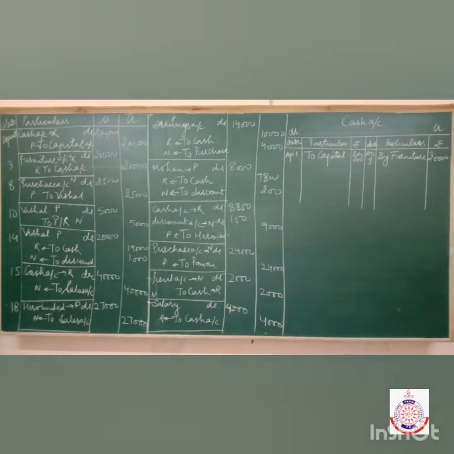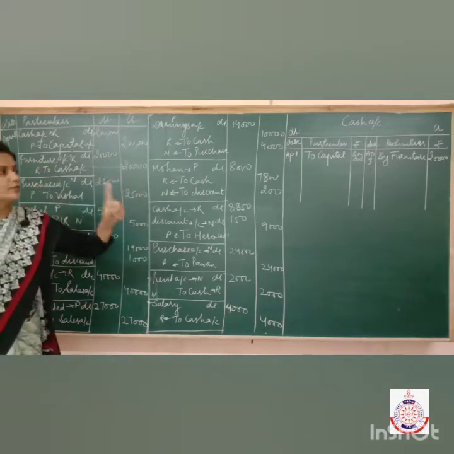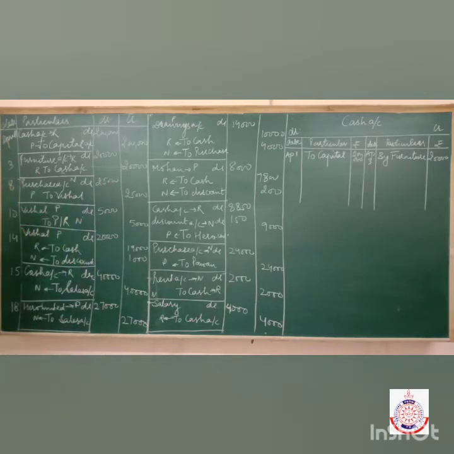Have a look at the next transaction, students. Next is purchase account debited to Vishal. Check. Purchases to Vishal. But we are preparing which account? Cash account, right? And in this transaction, cash word is not there. It means neither cash account is debited nor cash account is credited. So when this entry is not related to cash, we will not record it. Next, Vishal to purchase return. We are making cash account. We are not making Vishal's account or purchases return account. So this transaction also will not be recorded.